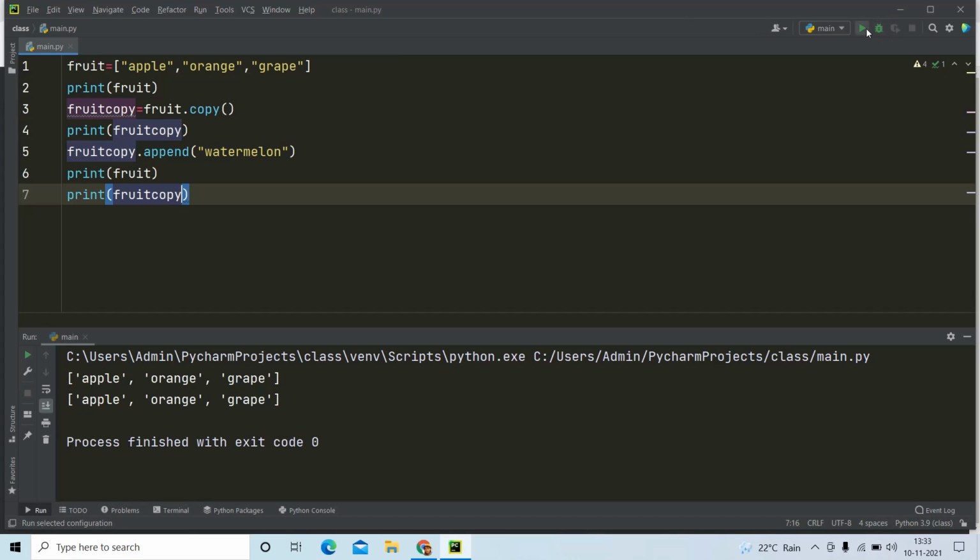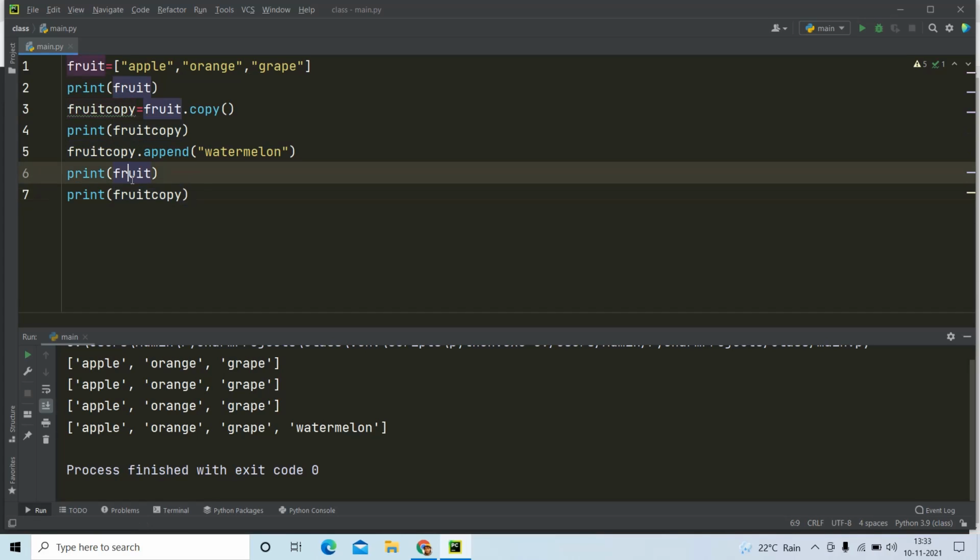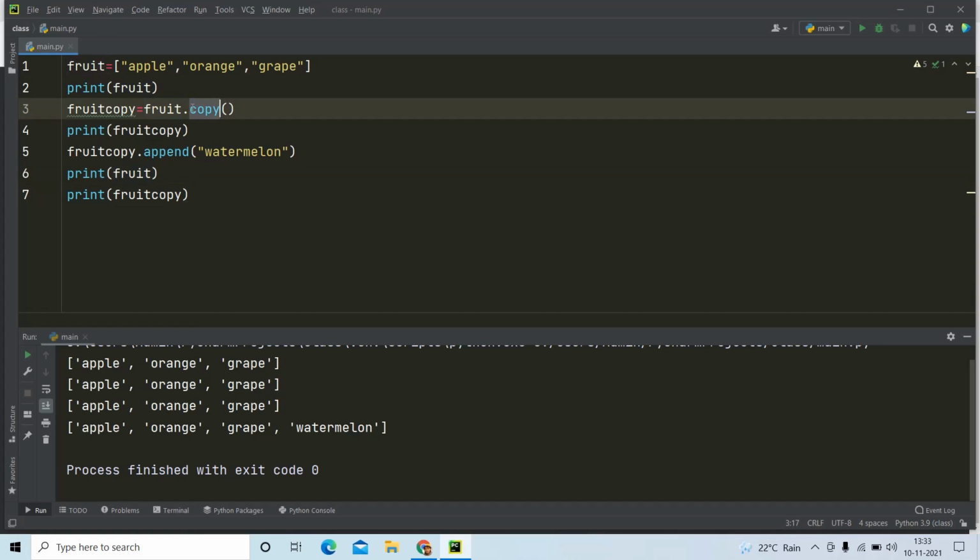Now if we run the program, this appended item is available only in fruit_copy but not in fruit. So we are creating a separate variable which has all the elements, and both of them are not going to match at any particular point of time. This is what the copy method does.